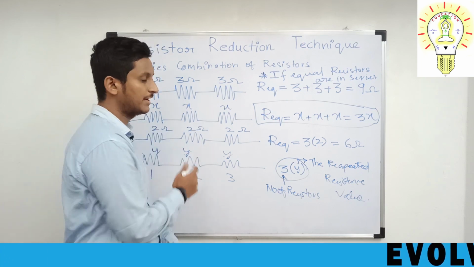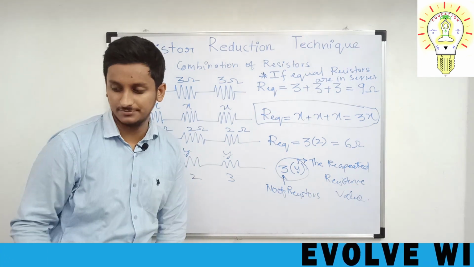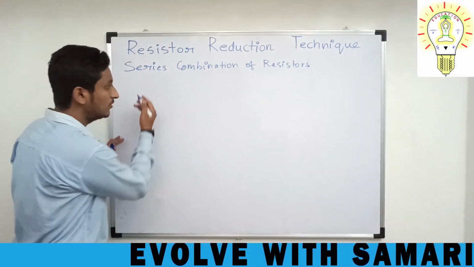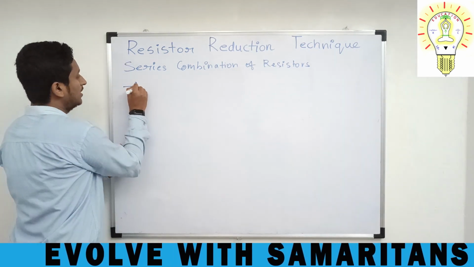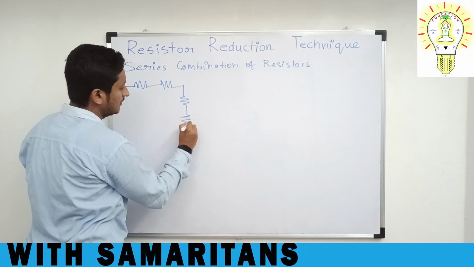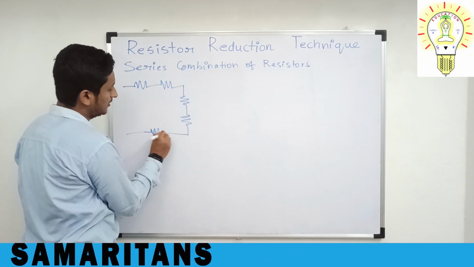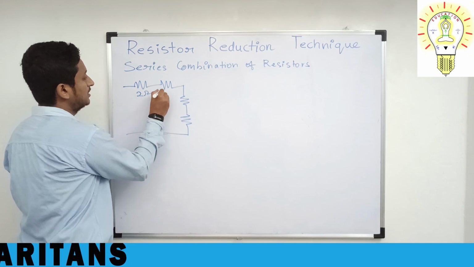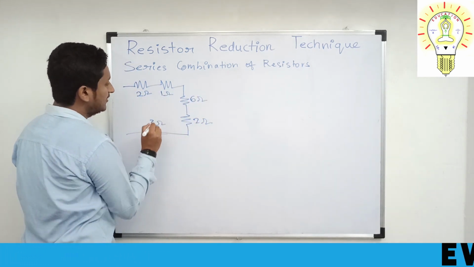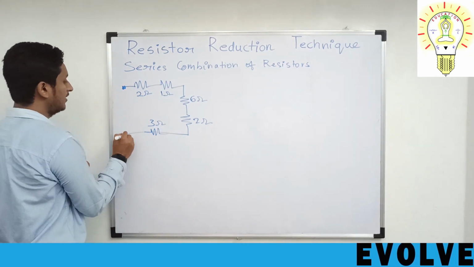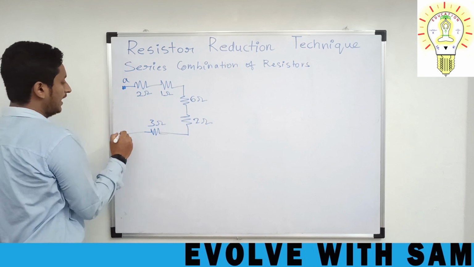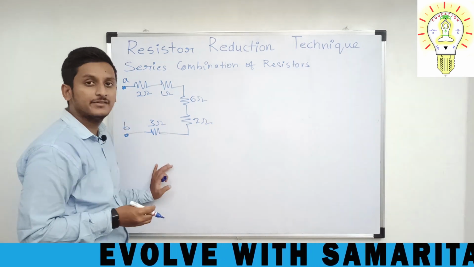Alright, so let us look at the next concept in series connection. I would like to give a very small problem. After that we'll go to the next concept. Look at that, it is very easy. Now if I take like this 2, 3, 4 resistors and I will add one more resistor. This is 2 ohms, 1 ohm, 6 ohms, 2 ohms, 3 ohm. If I take like this and if I ask you to calculate equivalent resistance between A and B, how can you calculate this?